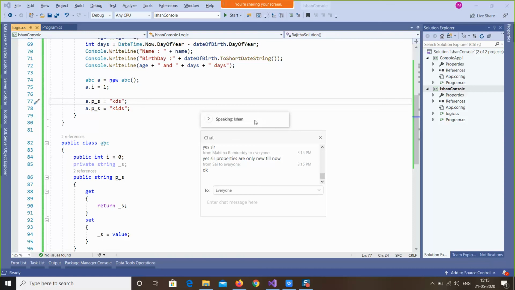Yeah, Mahita, I could understand that. Only the property is the new thing in today's lecture. Even yesterday when I was designing this, I was actually thinking to skip all these things, but as it is my duty to explain all the things in C sharp, unfortunately I couldn't skip anything. But I hope there won't be much common in further lectures. One more lecture will come, but after that most of the things will be new.